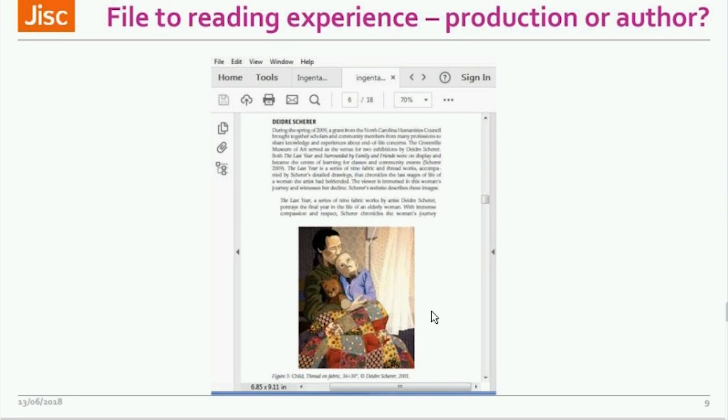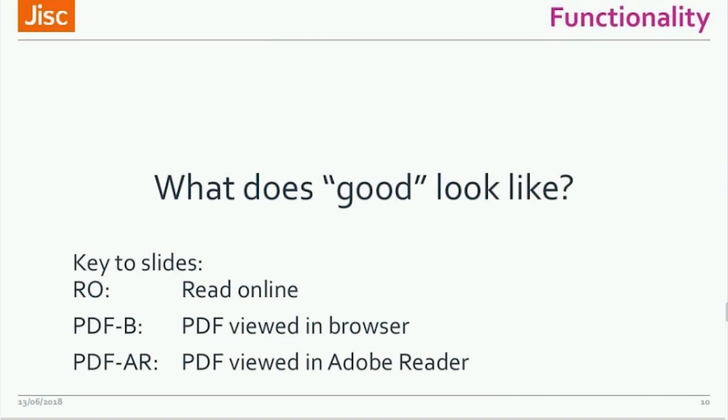But that is something where you have to think about who is the best placed person to do that. Who is best placed to say, this is a heading level 1 and this is more important than that subheading? Who's best placed to say the main point of that image? If I was to give you a sentence or a paragraph about the really important thing about that image, it's the author that is best placed to give that. So maybe when authors are doing their authoring, at the manuscript stage, that's when those conversations need to take place. Okay, so we've talked a little bit about some of the issues.